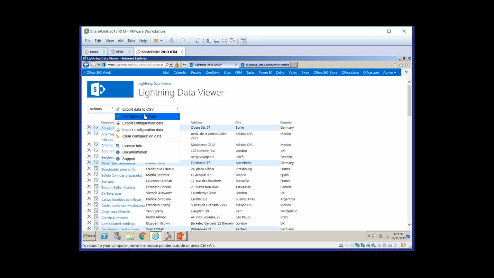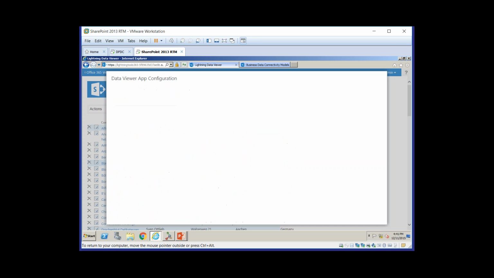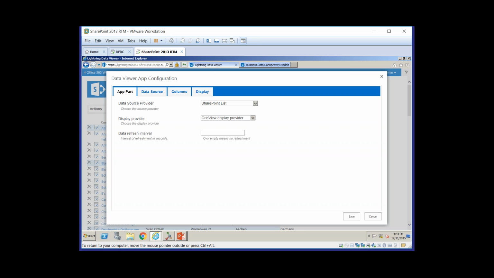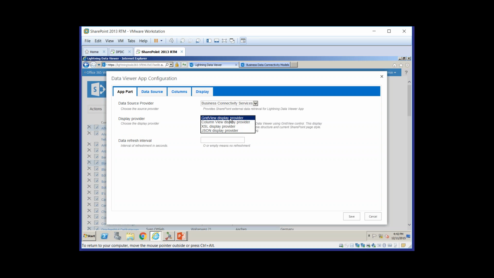So under Actions, we go to Configure Data View, and this can do a couple of things. You can point it at any SharePoint list, or you can point it to a Business Connectivity Services external content type as well. So that's exactly what this one is doing. It's connecting to BCS. There's different display providers available, so you can use the grid view display provider that allows you to do all the styling inside the browser itself,